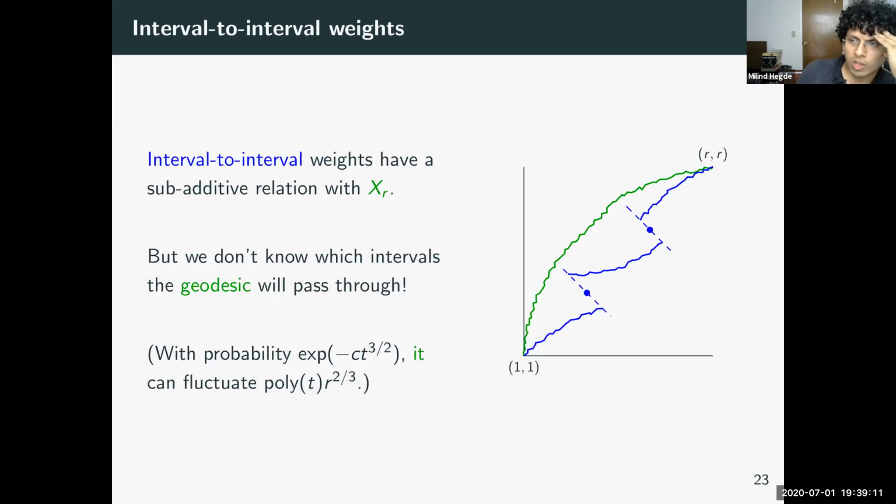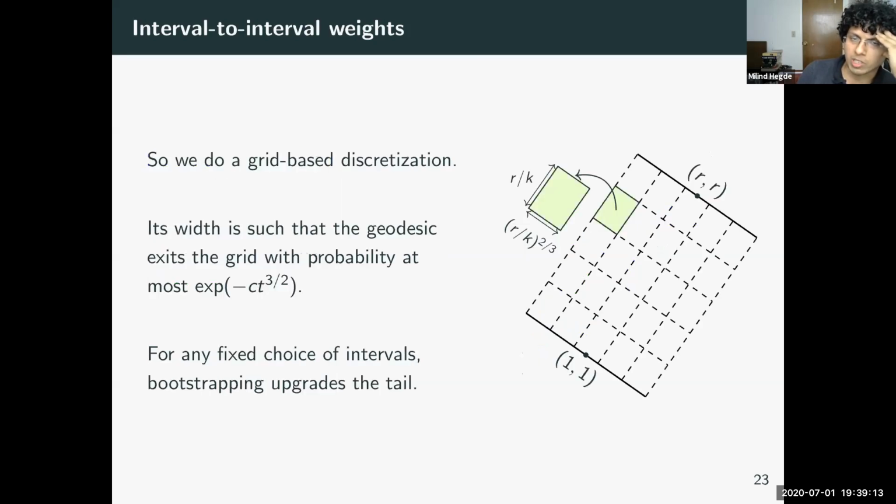And the way we do that is that we consider a grid of intervals, basically. So we have this entire grid, and we can then look at which intervals the geodesic passes through. And we make the grid wide enough that the geodesic will stay inside the grid with very high probability. The probability of it leaving is going to be at most the upper tail optimal probability, that is t bar 3 over 2. And notice that if you know that it passes through a particular sequence of intervals, we can